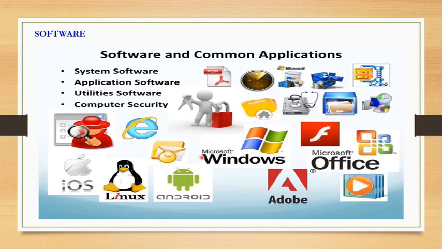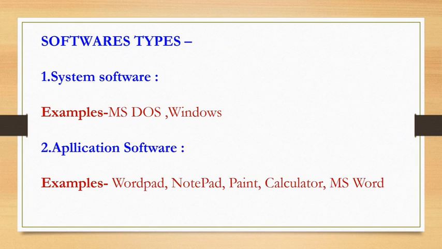These are really very important. Without them, there is no use of any hardware system. As we have seen, there are two components which are very important in a computer system. They are hardware and software, correct? Like that, in software there are two types. One is system software, and another one is application software.